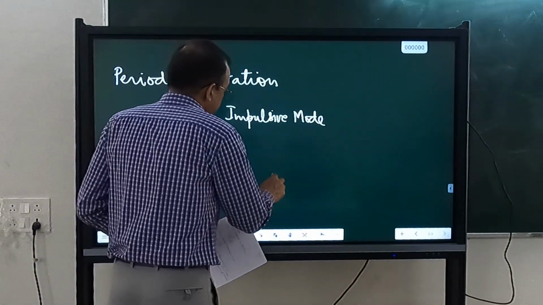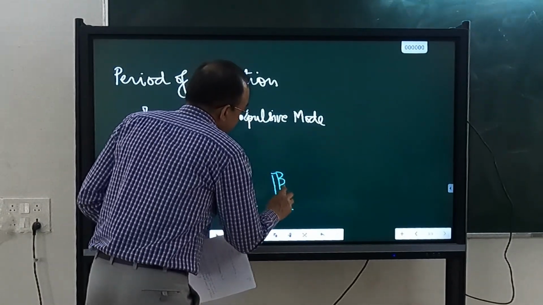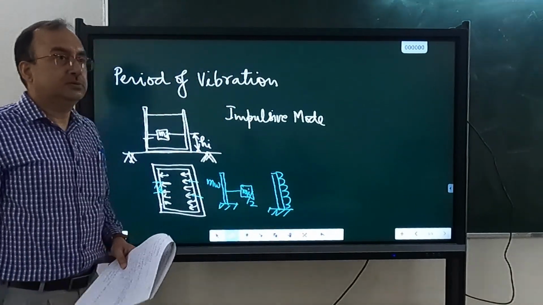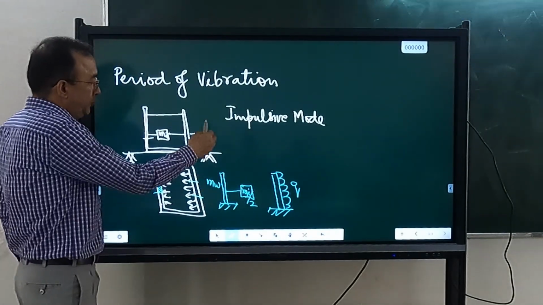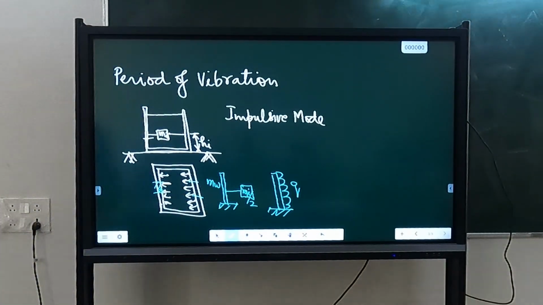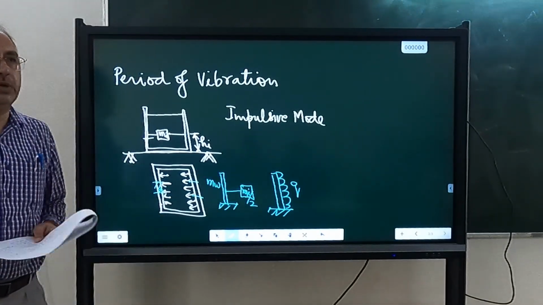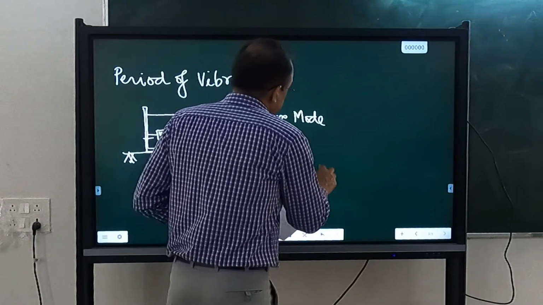So the code says that you can treat it as a uniformly distributed load Q. Actually, due to Mi, there is also a distributed pressure. That distribution is not uniform, we have seen. The pressure due to Mi is not uniform. It was 0 at the top and it was increasing. We are assuming it to be uniform, and MW also. So we will assume a uniform pressure, and this uniform pressure Q we can get as Mi